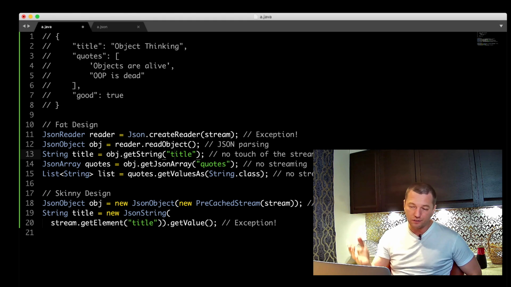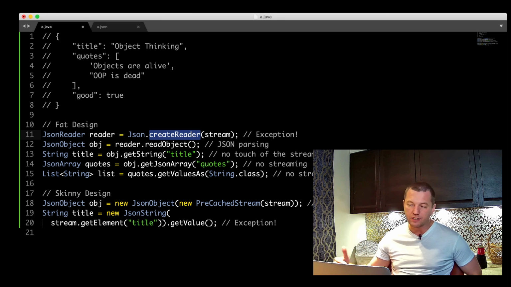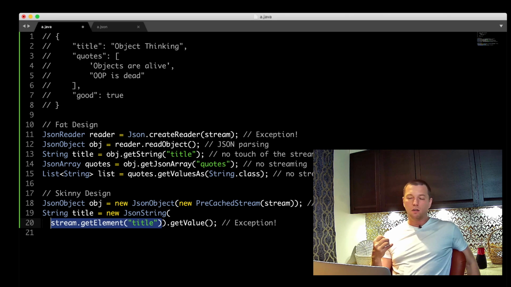But in general, it's better to delay the exception till the very moment where the exception has to occur. That's the general rule. So don't raise the exception on a higher level. It's better to raise the exception at a specific level, because here we will be able to say that we cannot read the title. Exactly here, when the title is trying to be taken out of there, the exception occurs.